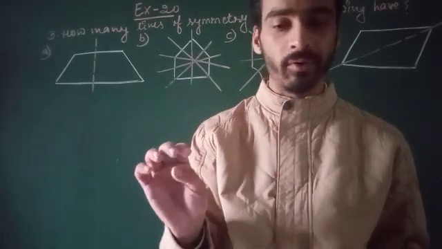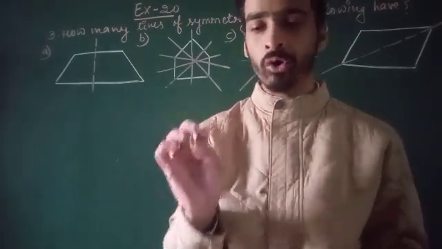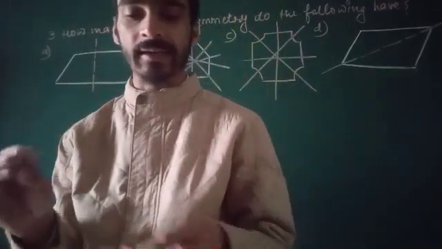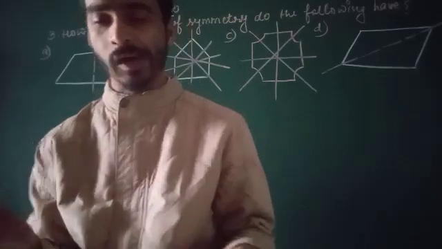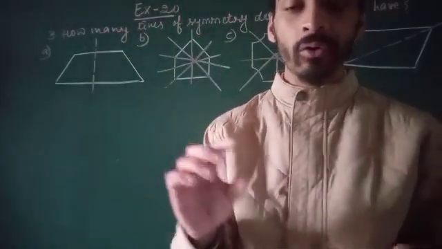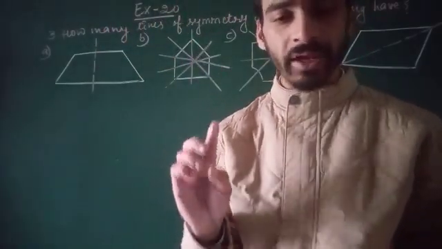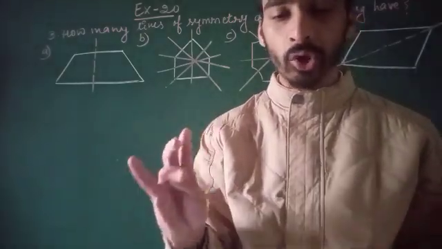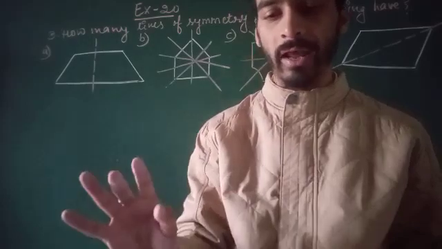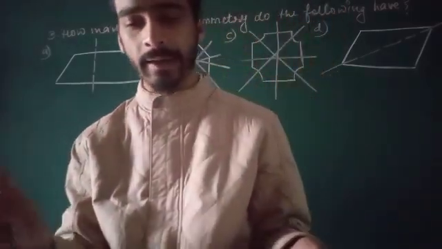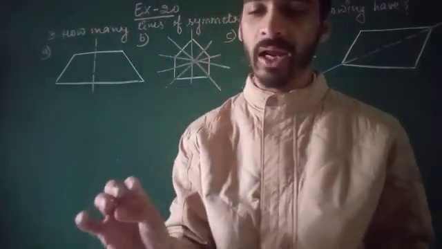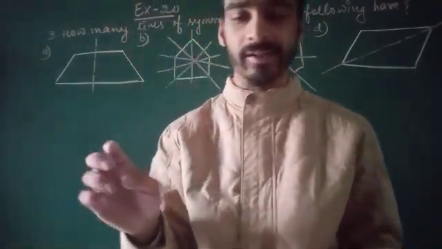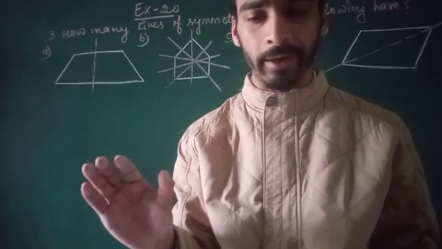And after that question number D. Which characters have more than two lines of symmetry? So this answer is none. No one. Okay. Now once again. Question number 4 A. Which characters have no lines of symmetry? So in 1, 2, 3, 4, 5, 6, 7, 9, F, G, J, L, N, P, Q, R, S and Z. These have no line of symmetry.